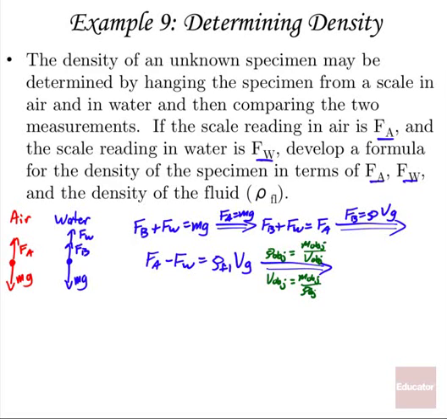I'm going to use that as I rewrite this equation to say that Fa minus Fw equals, we've got our density of our fluid, but I'm going to replace the volume displaced with my new formula for volume, mass of the object over density of the object. So mass of the object over density of the object times